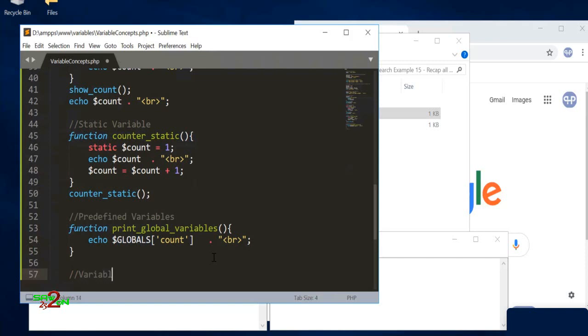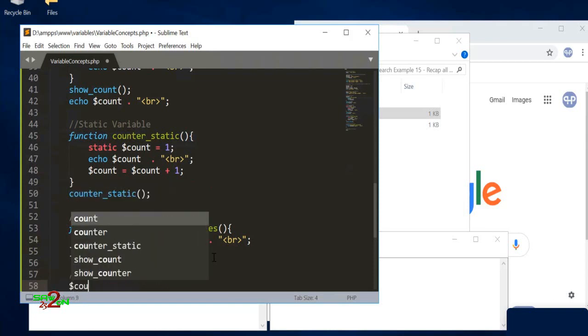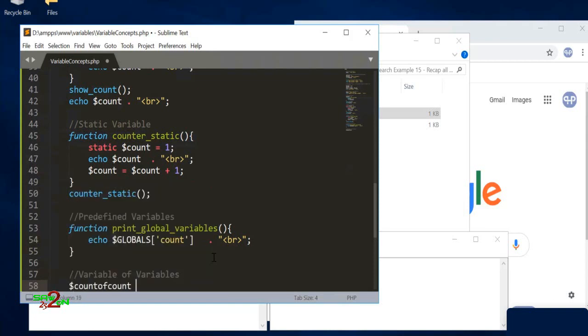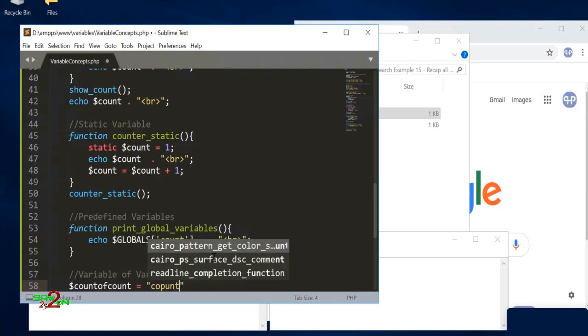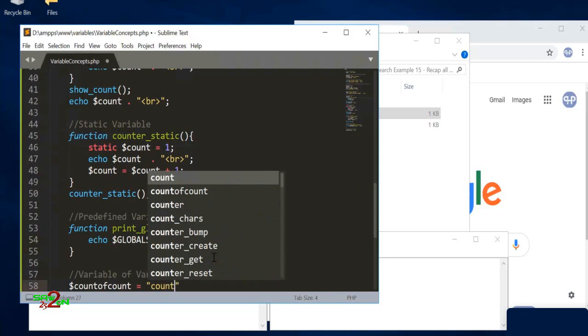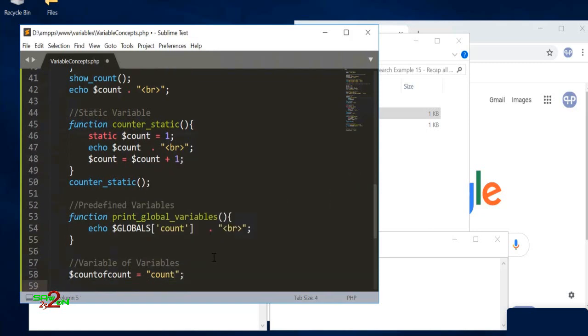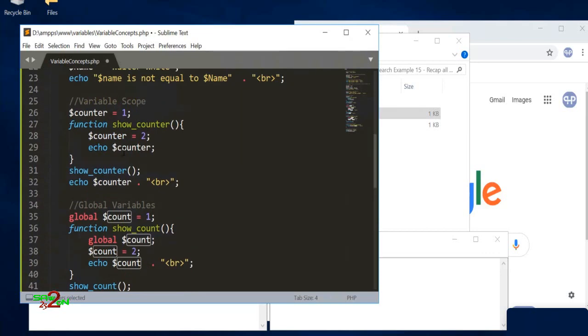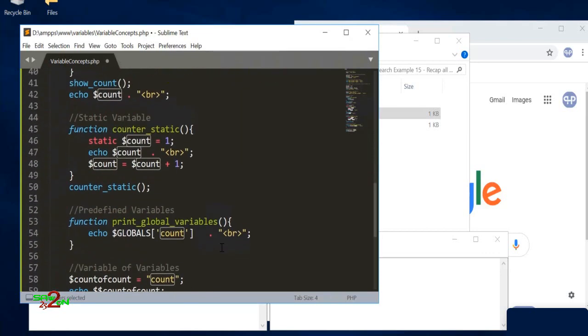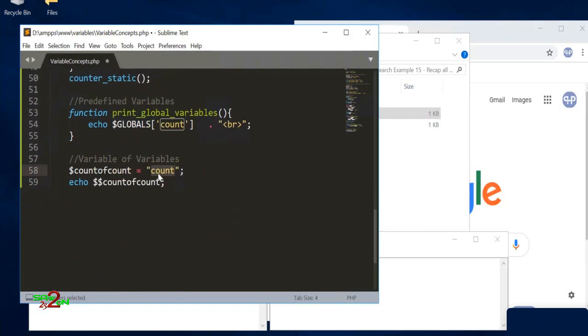Then we also looked at variable of variables. Count of count is equal to, let's say, count. Okay, and you want to print the count of count. This will print the count value, which is nothing but the count value that you have defined previously, this count value. Okay, so you are accessing this variable via this variable. Okay, and then we looked at isset